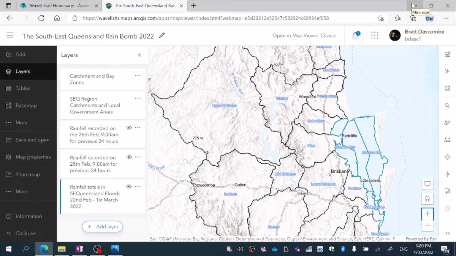Right, welcome back. This is part two of mapping the southeast Queensland rain bomb. I've now got my layers sorted, the ones that I want for this particular project. I've got catchments and bays. I've got an outline of the catchment. You can see there